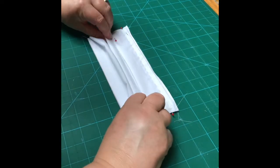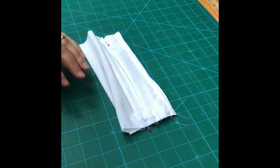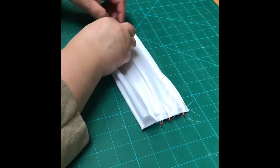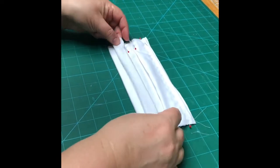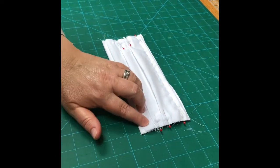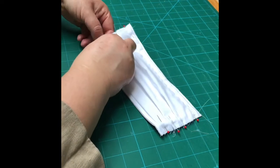Same again. Just make sure the heads of your pins stay out. And the last one. Like that. And again, we take the